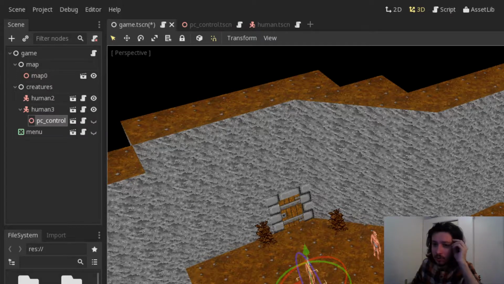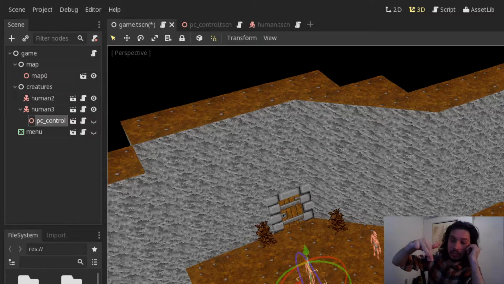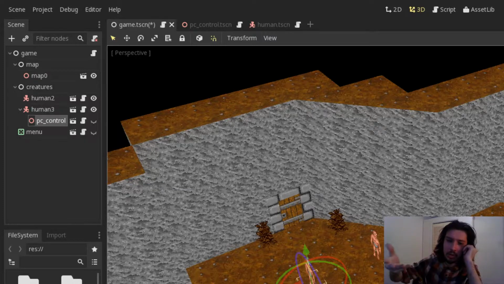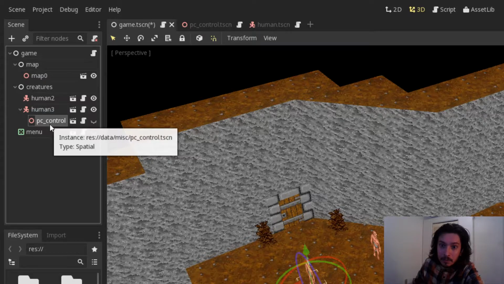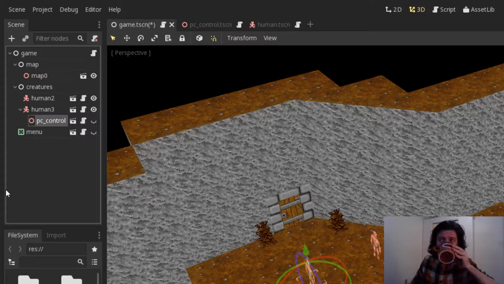So in the last video I was explaining my eight directional sprite frame video, which you can watch if you want to. You can see more of my code there, but anyways, I went over quickly the PC control, about how I control my character, and how I have this node right here. It's called the PC_control, which is essentially where all my player key control